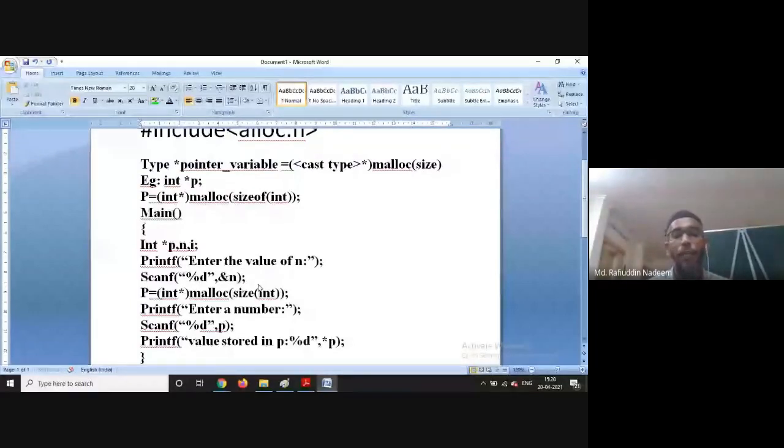Now I will write int star p equals malloc of n into size of integer. Suppose we have entered the n value here as 9.